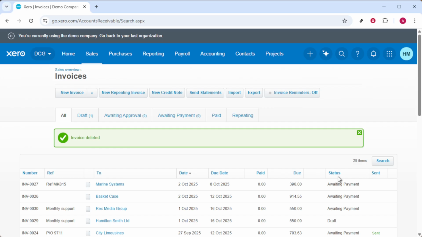Now you're ready to save your progress. You'll notice options to either save your invoice as a draft